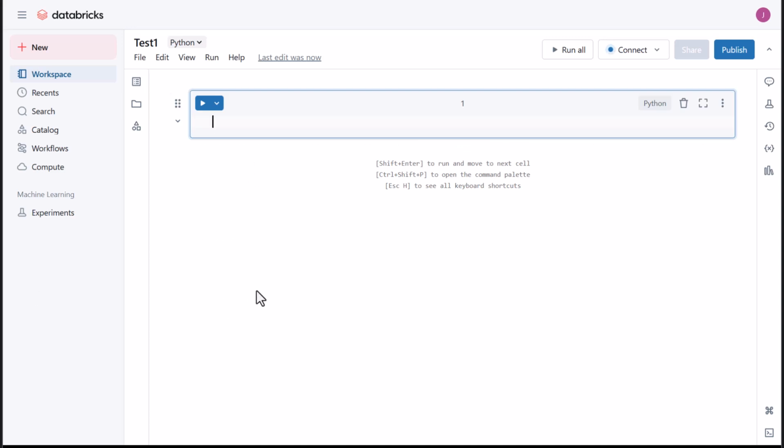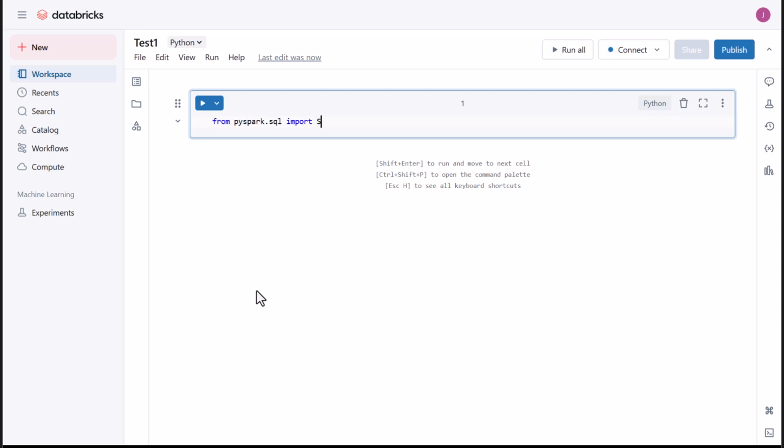So let's write a simple PySpark program to create a data frame, and we perform some tasks like transformation and result display. We will use a sample data set, and these data sets are provided by Databricks, but we can also upload our own data sets. So to start from